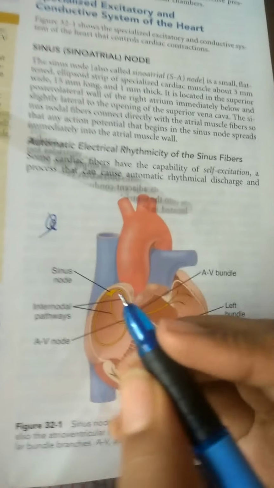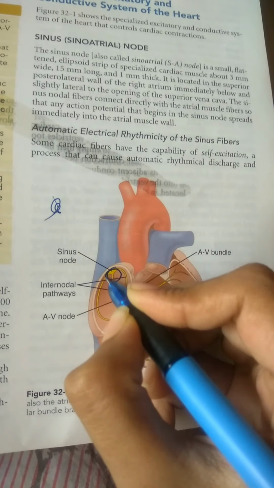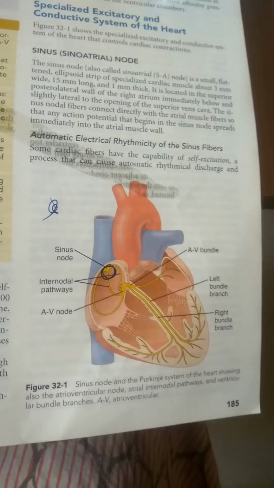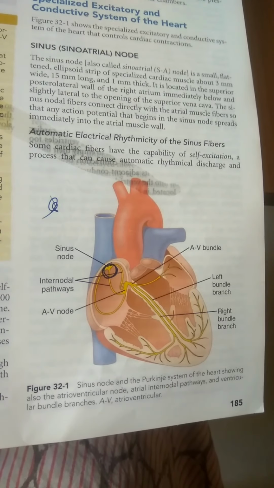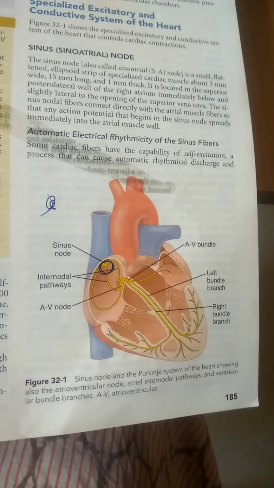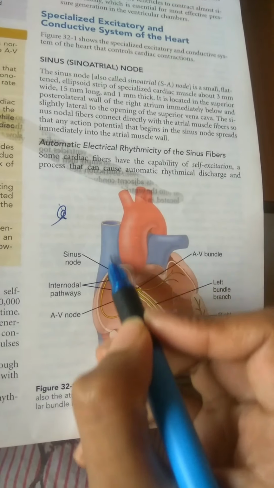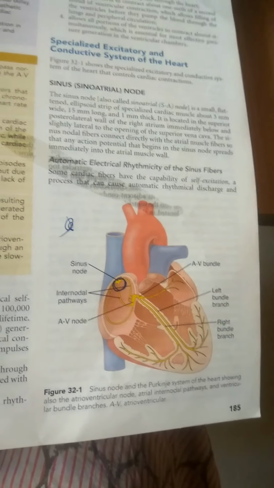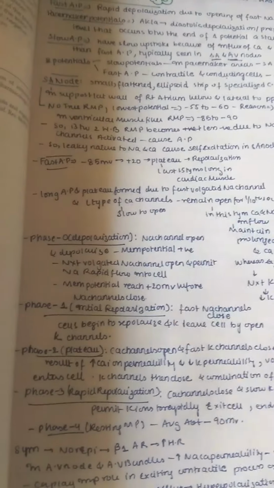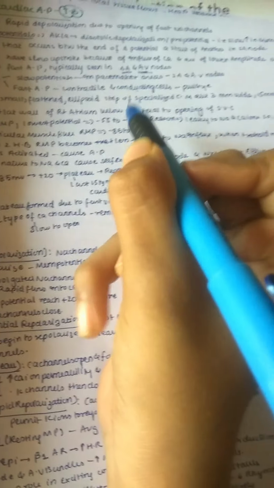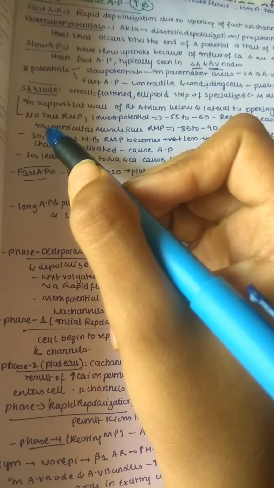So if I get the heart diagram, I will show you where our SA node actually is. You can see this is the SA node. So it is superior posterior. Yes, it is located in the superior posterior lateral wall of the right atrium, right? You can see below and lateral to the opening of the SVC, because this is the SVC. So that is the exact position of the SA node, and